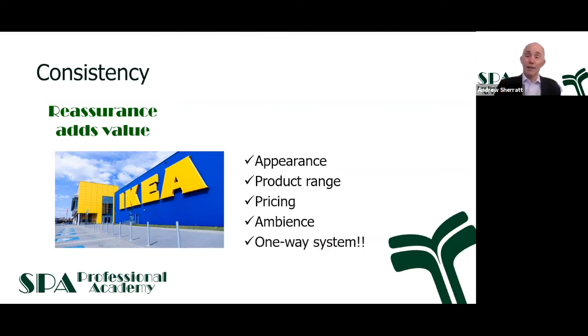And then there is the other thing as well, that wonderful, wonderful one-way system that IKEA operate, that's probably a big reason for people hating it, I think, isn't it? But it's that consistency. You know that you just follow the arrows. And if you get to know a store really well,